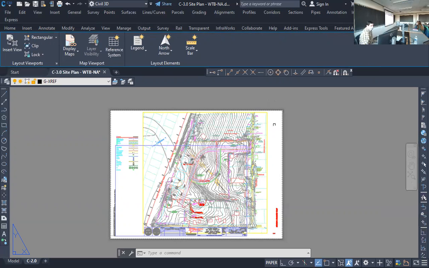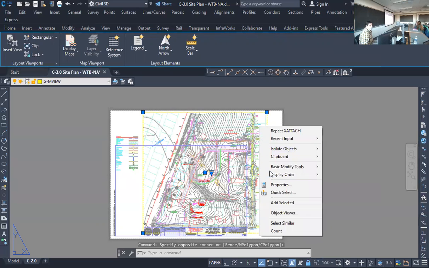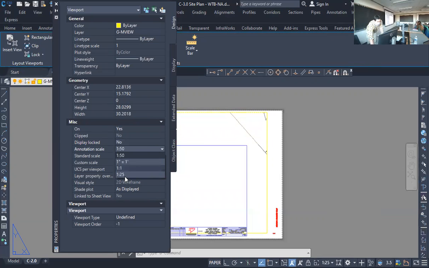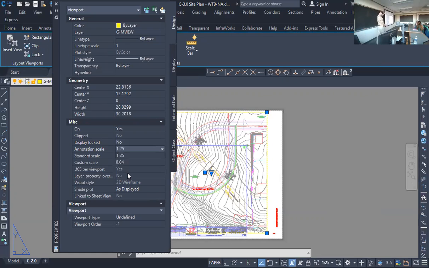If you select the viewport that's here already and go to properties, you'll see a couple of things about it. I have it locked. So if you want to make changes to it, you're welcome to make changes to it. You just have to switch it to no. Right? So if I hit display lock no, and I change my scale to 25 scale, see how it zooms in? Well, I don't really want to do that. I want it to zoom out,